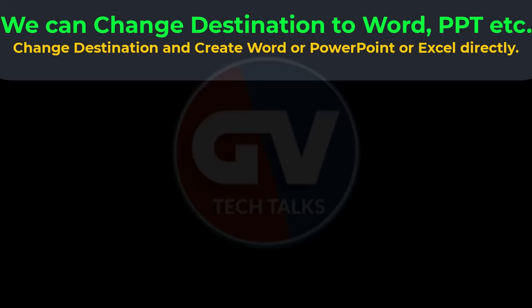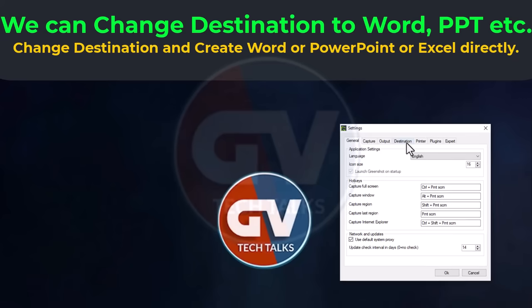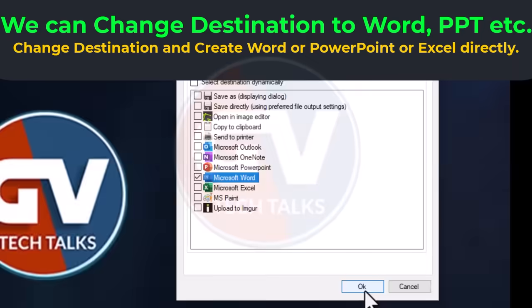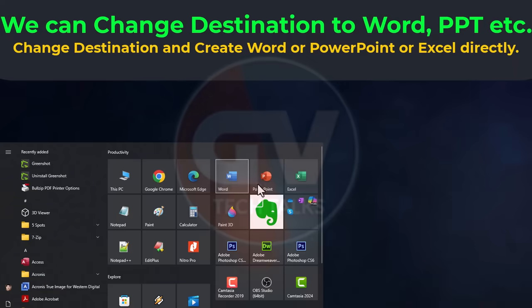We can change the destination to Word, PPT, etc. Change the destination and create a Word, PowerPoint or Excel file directly. Select the desired destination like Word, PowerPoint or Excel. For example, if you want to generate an MS Word file, then set the destination as Word